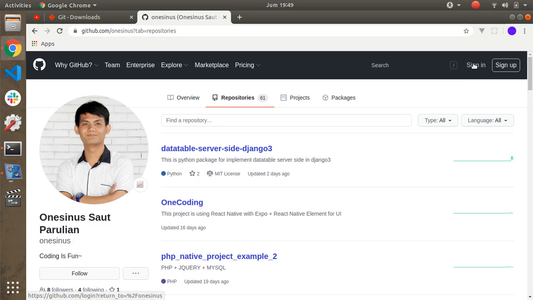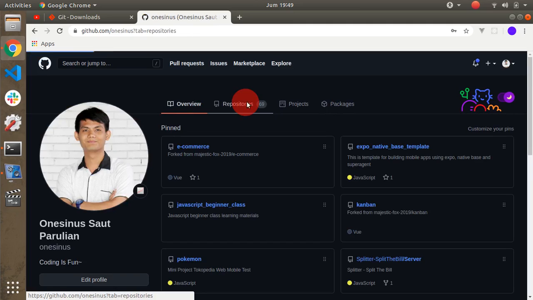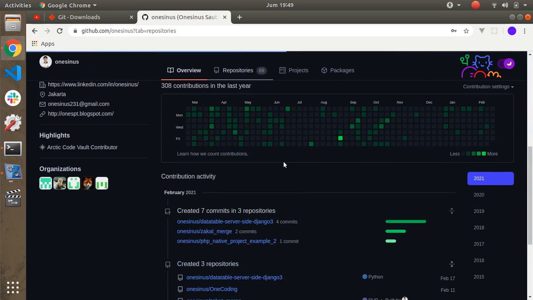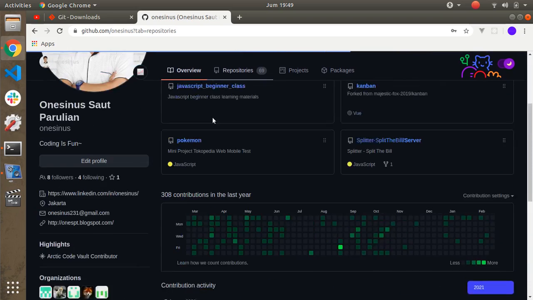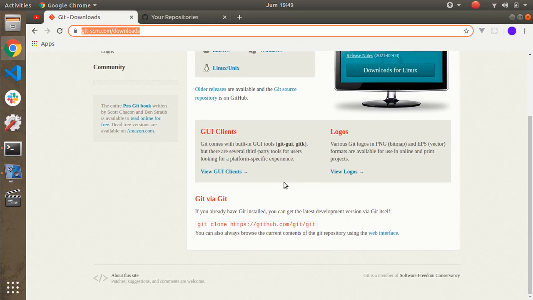Before you can create a repository, you need to sign up and sign in to GitHub. I already have a GitHub account, so I just log in and create a repository for my project. You can read the Git documentation.